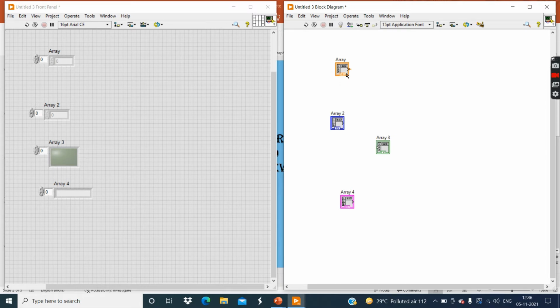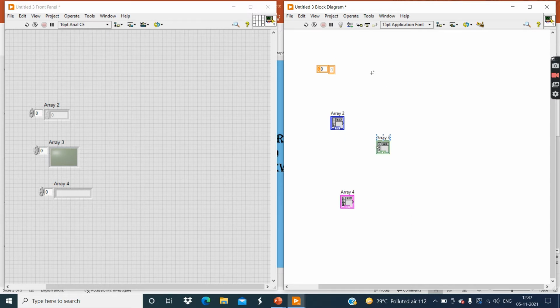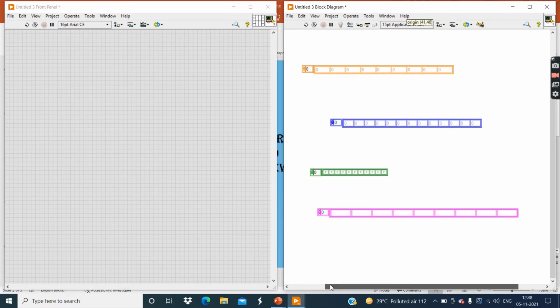So how? Simply right click and click on this change to constant. That's great. And then increase the size of this constant, the double data type array. Make the size of this array large. Now again, similarly with this integer type, number of boxes. Now put something, for example, in this array I'm putting